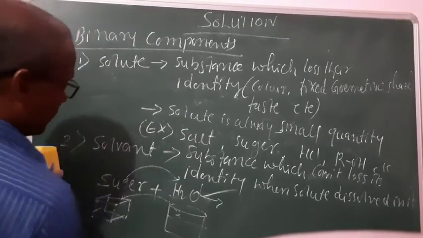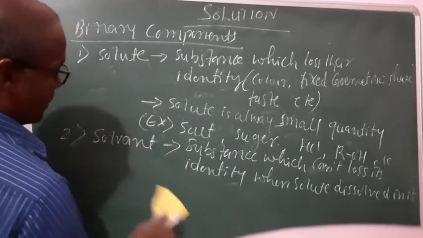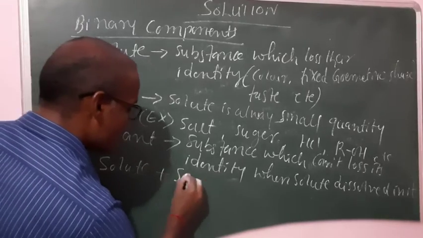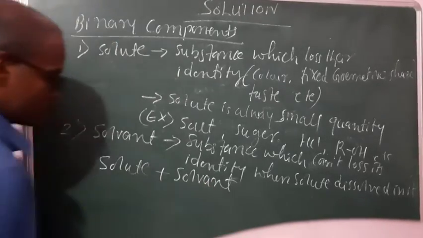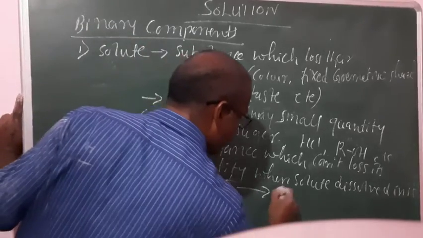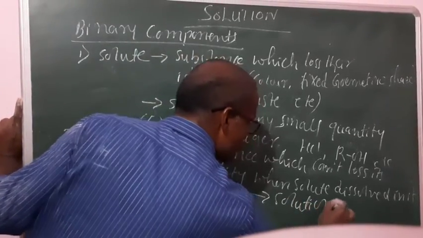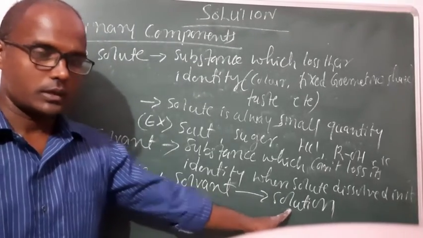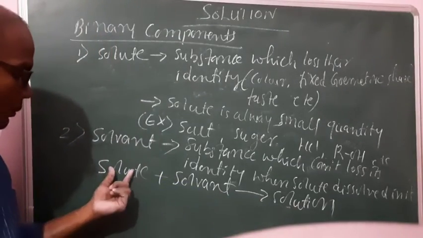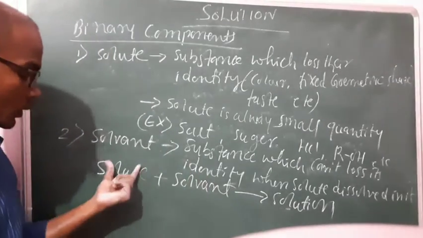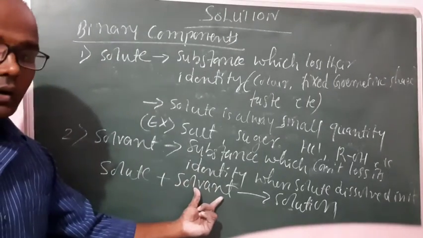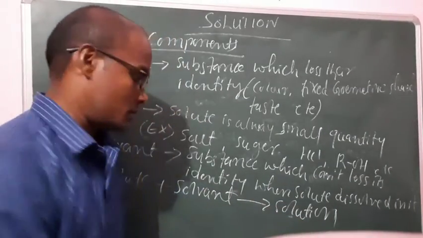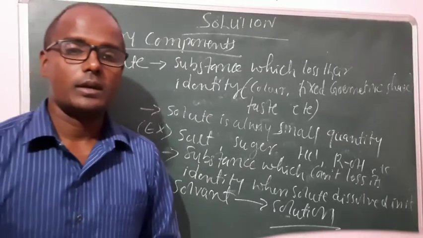So now we have to come to a conclusion here. Solute plus solvent. Solute dissolved in solvent to prepare solution. It means solute component dissolved in solvent. Solute lost their identity. Solvent cannot lose their identity. And when solute dissolved in solvent, it prepares the solution. Clear, students? So this is the